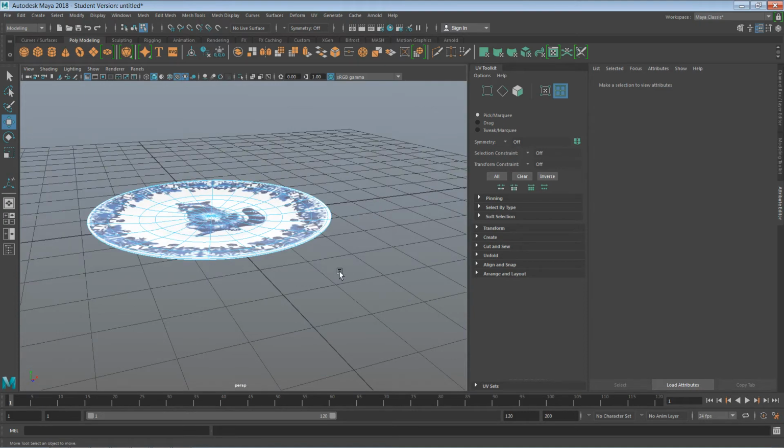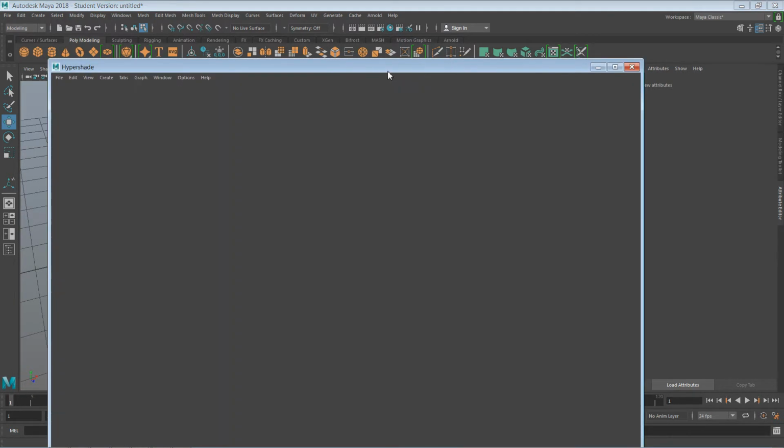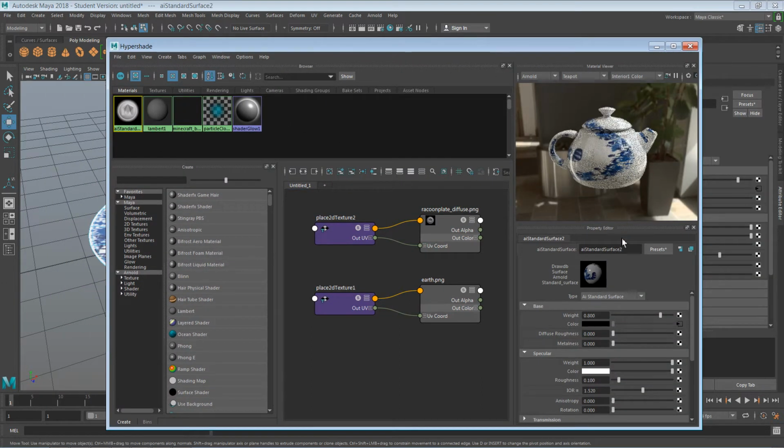Now there's more we want to do with this. Remember we said we want to make one part shiny, one part not so shiny? Because the UV maps are the same shape, when you apply another image, it's going to take the same exact location. And because the two raccoons are pretty much the same image except tweaked, there's less we need to do. So underneath the hypershade, for the AI standard, which I'm going to rename to Raccoon,